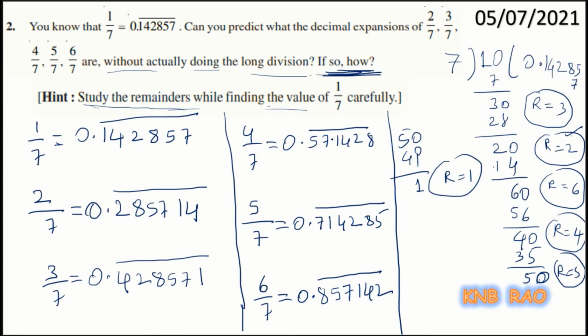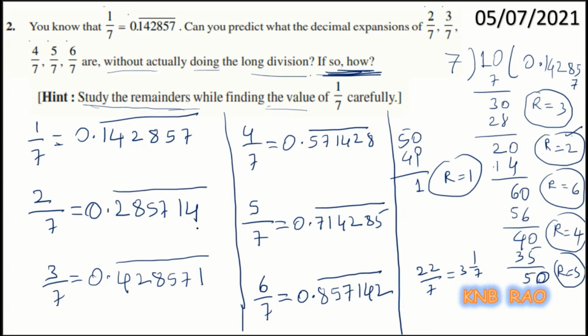Then, this way we can find in many of the occasions, such as 22 by 7. What is the value of 22 by 7? If you want to find, it is 3 integer 1 by 7, isn't it? 3 integer 1 by 7 is 22 by 7. So, it is 3.142857. So, we get 1 by 7 just added to 3, because 22 by 7 is nothing but 3 plus 1 by 7, 3 plus 0.142857 bar.